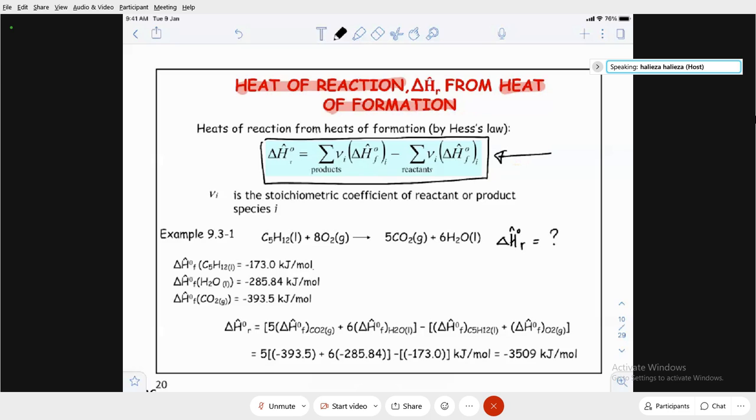That's the second method. The third method is from the heat of combustion. You also get your heat of combustion from Appendix B1. You write the equation, and then you play around with it using Hess's law, and you end up with the desired reaction that you want. But if you don't want to play around with Hess's law, you can use the equation for heat of combustion. We will look at that later on. Okay, now